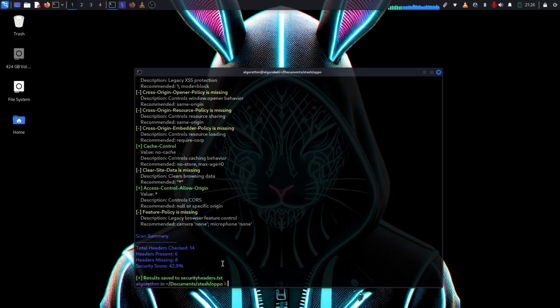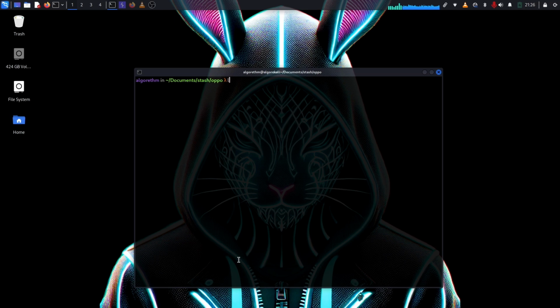Let's clear that. ls, I should have my security headers.txt there. So let's start by subdomain enumeration. I'll just show you the security headers that are missing and the ones that are in there. Anyway, let's go back up here. Then here I'm going to clear this one. Then I'm just going to put